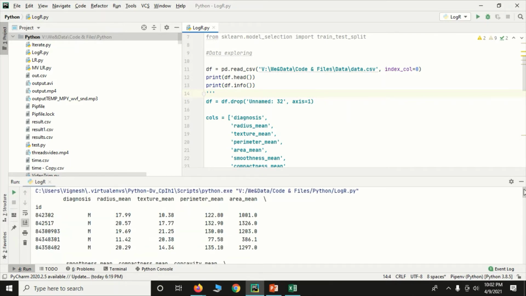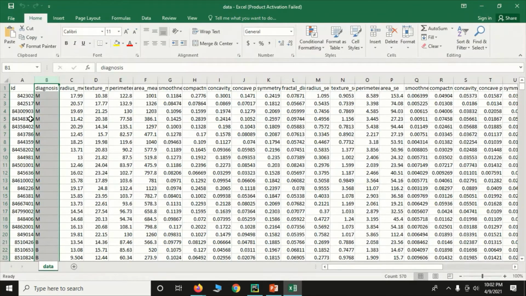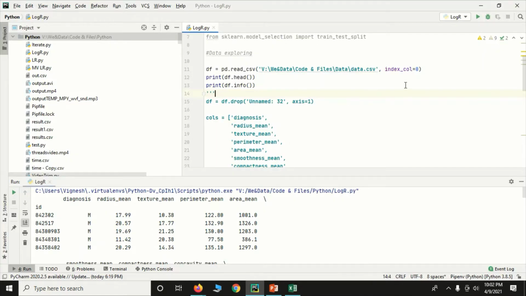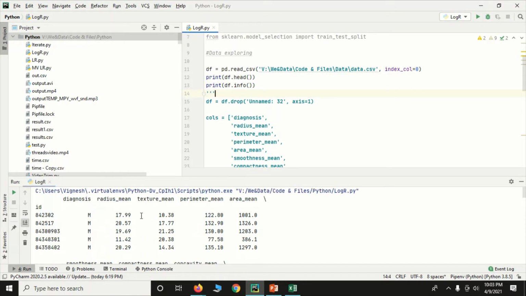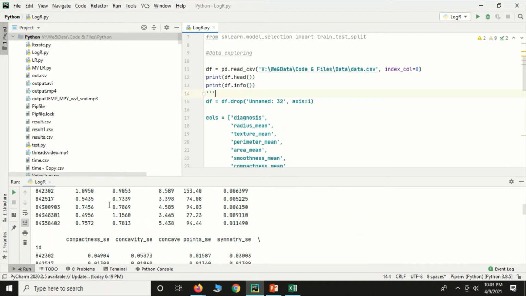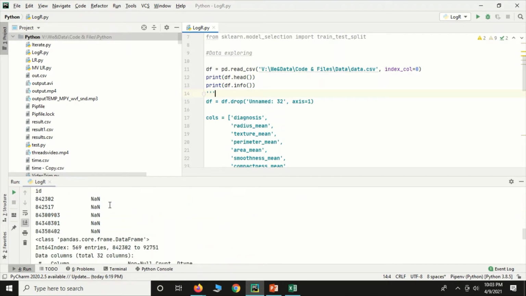Now id is the first column, right? Since we are giving index_col equal to 0, id is taken as the index column. Print df.head. The top 5 rows will be printed.